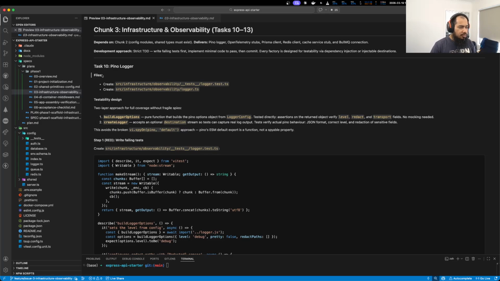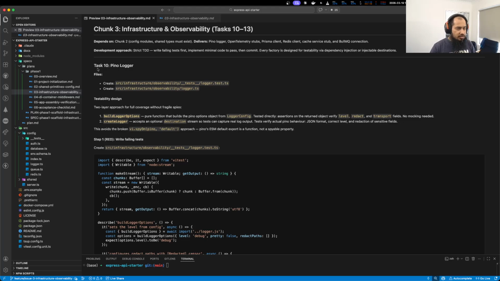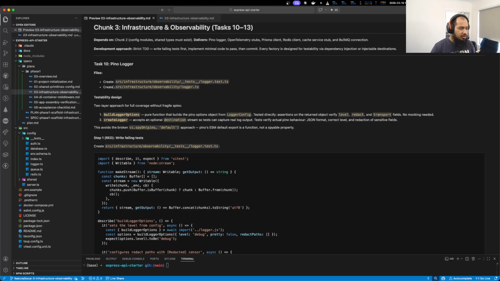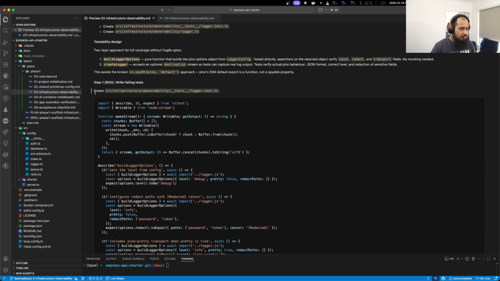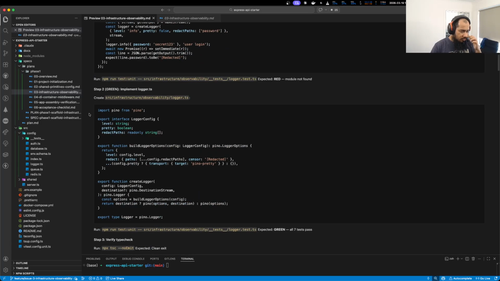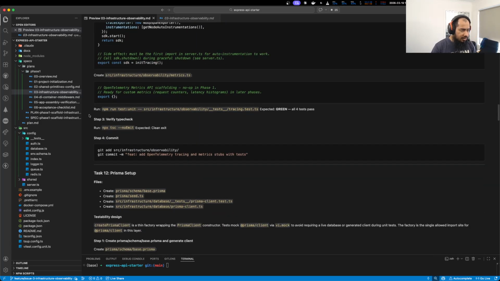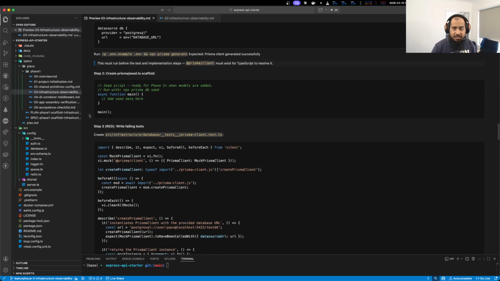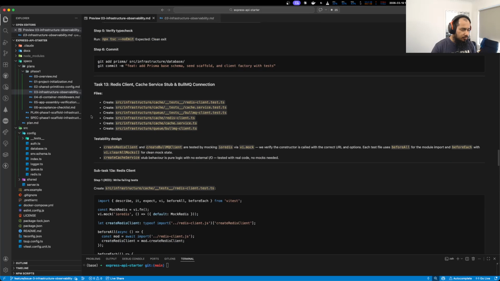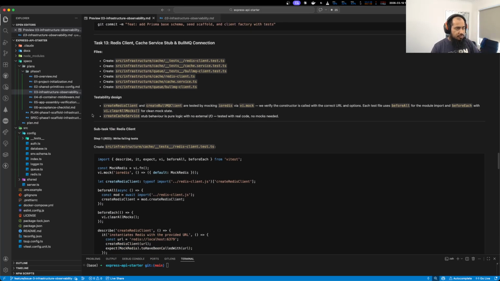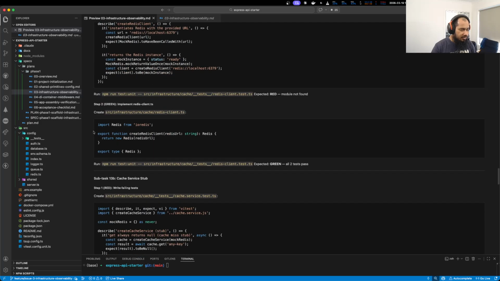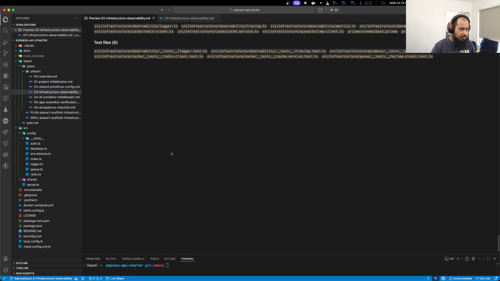Now in here, this is the task list which we will cover, like the logger. Because we will be implementing test driven development, we should first have the red one, then the green one, then we refactor. I tried to make the plan as comprehensive as possible, so whenever you get a chance, please go through the document. I hope you like it. I'll not go through this one right now.